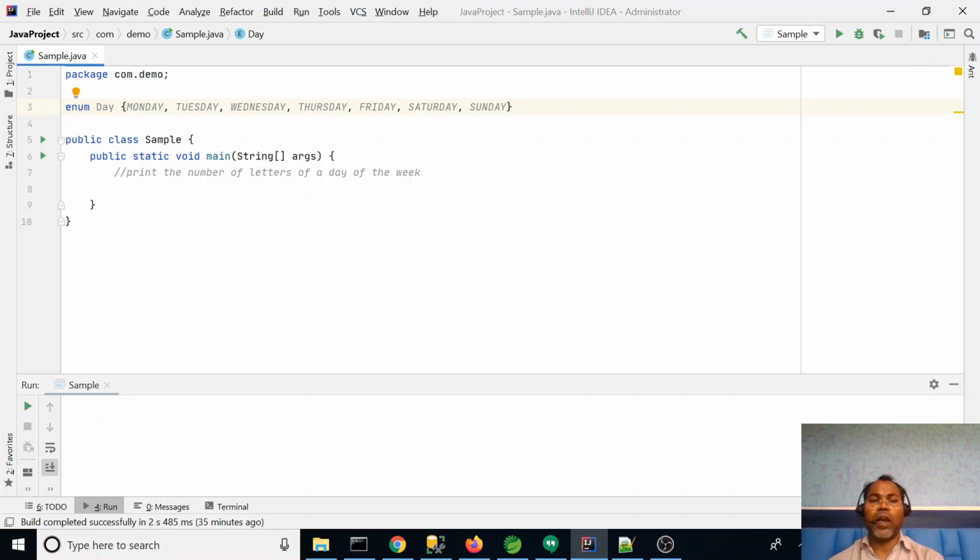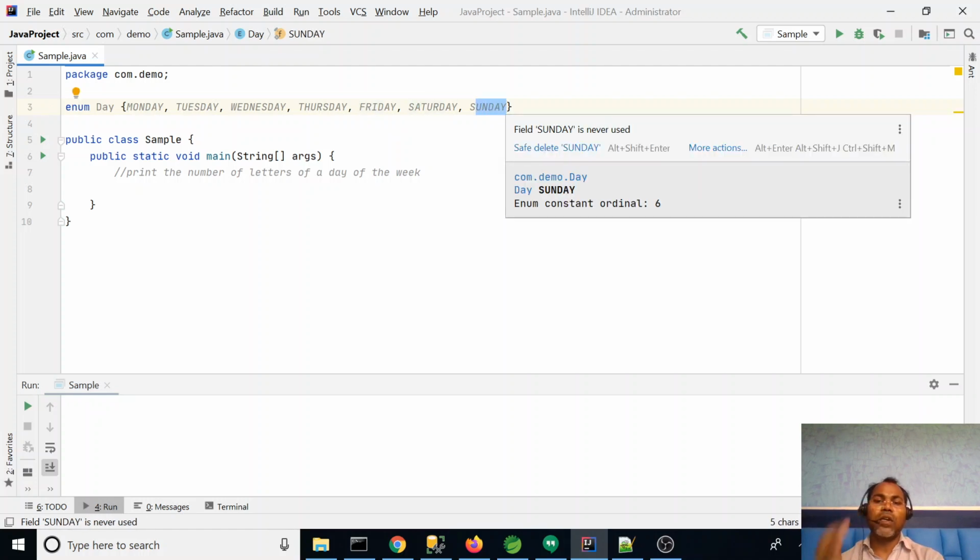So whenever you are writing code and find you can use enum instead of individual constants, do so. Enum has additional benefits. By default they are thread safe, they are immutable, and they have multiple features. We can discuss the enum features later, but here in our example we just have to count the letters.